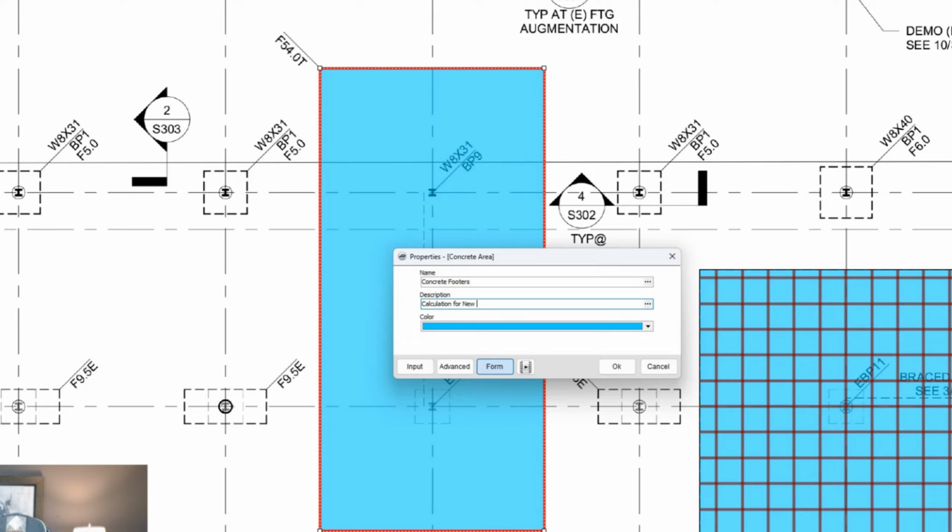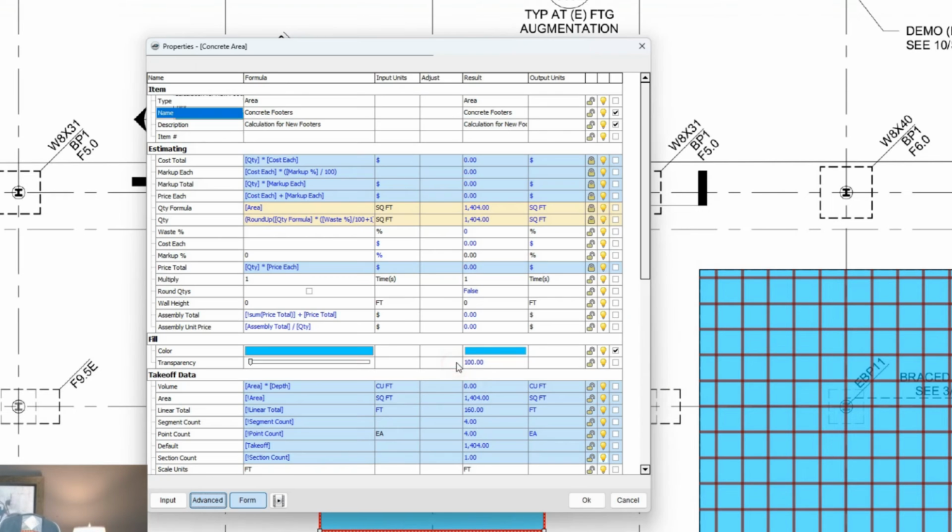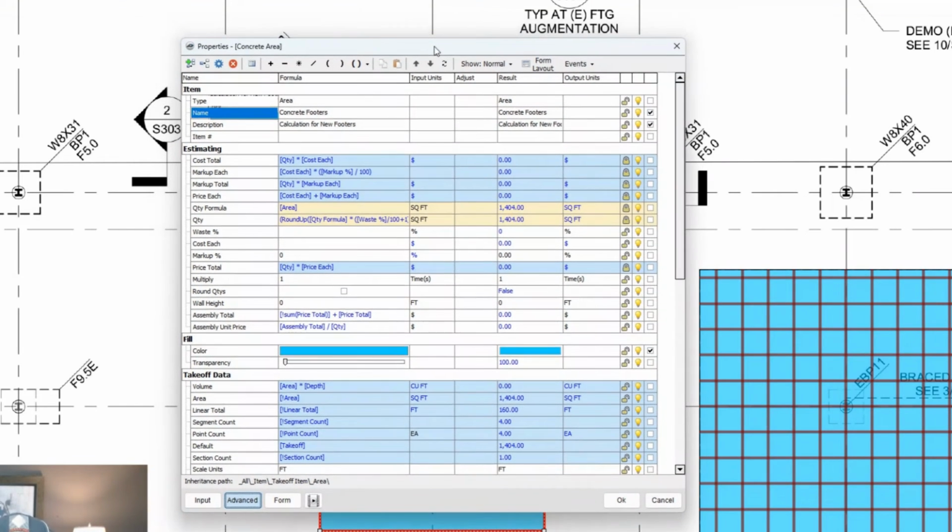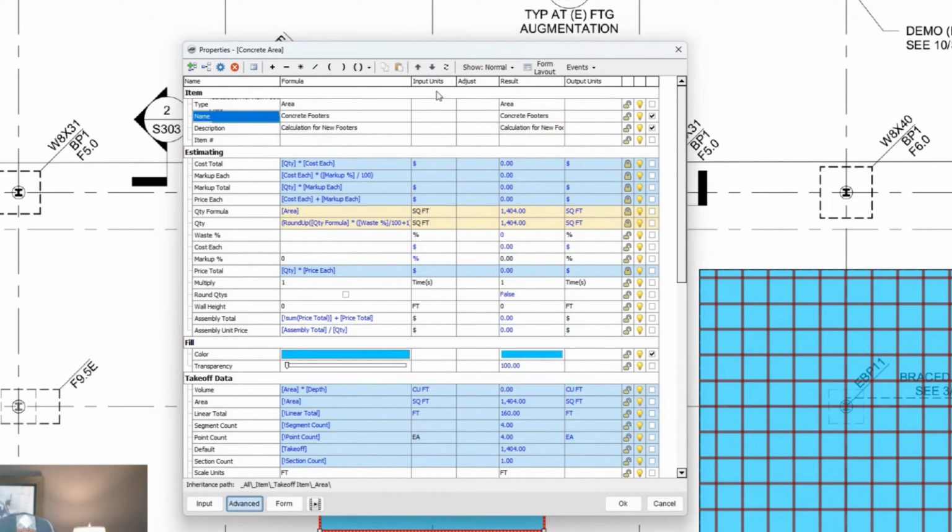And anything you put in the description doesn't matter. It's just a description. Say anything you want to. And you can set the default color. We're going to leave it as is. Now we're going to go into advanced, because one of the things we want to determine is, the first thing is thickness. There's no thickness in here, so we're going to, and give me a second here because I need to,